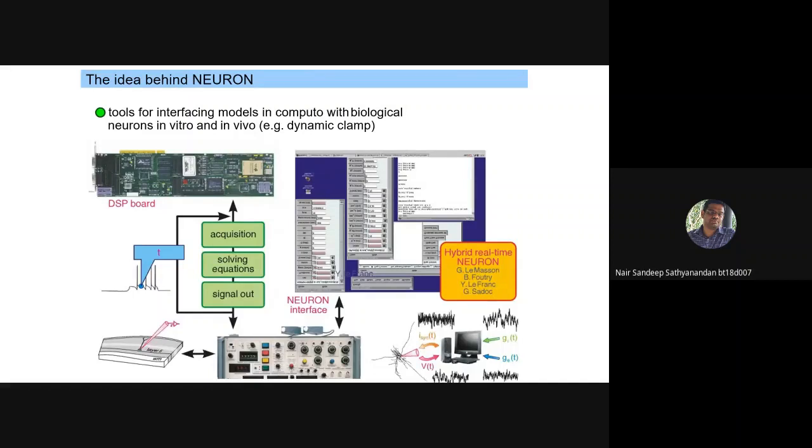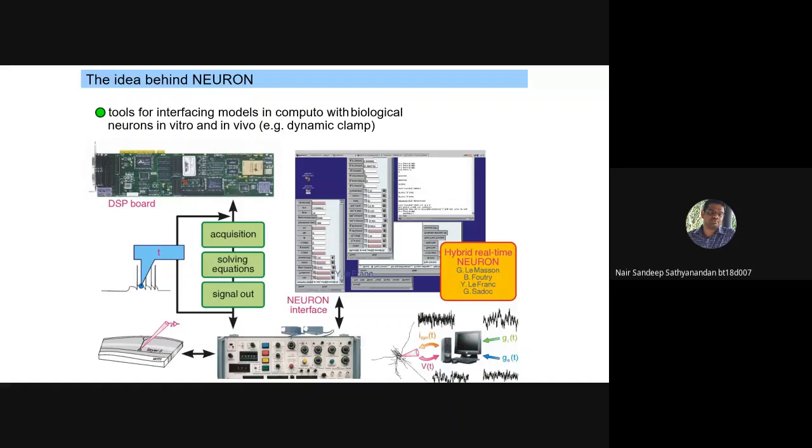Here we can see that the recordings are taken from the brain, and we can try to replicate those particular recordings. These are the spikes that are generated from the brain. Using an oscilloscope, we can try to model that particular spike train. That data can be replicated properly using a simulation software, which can also be interfaced with a DSP board to create a virtual brain kind of environment.